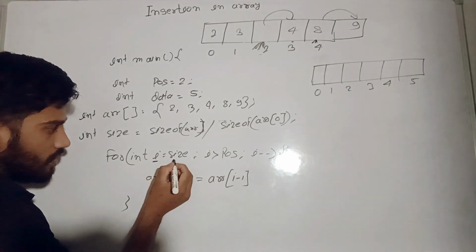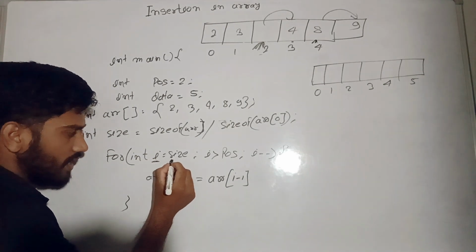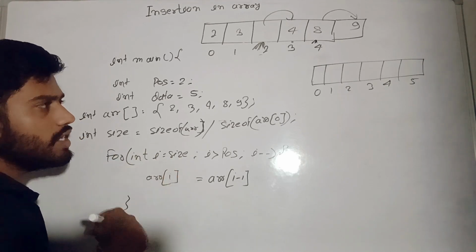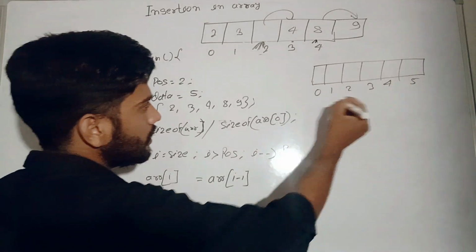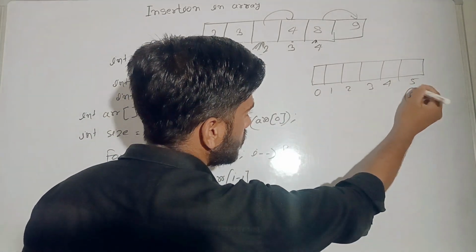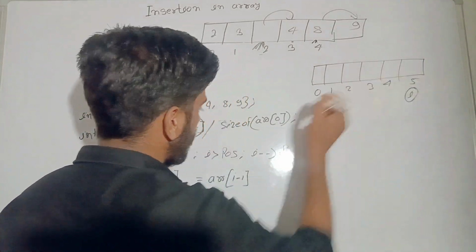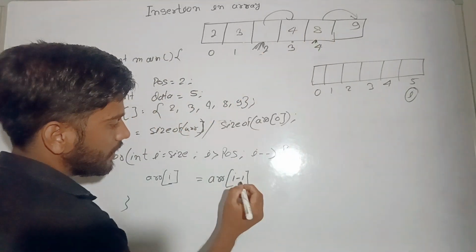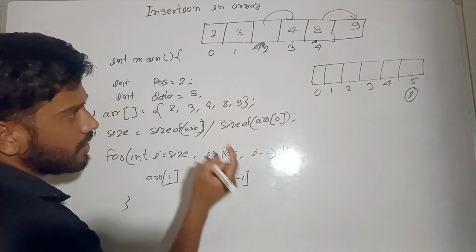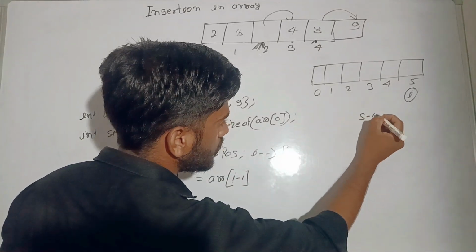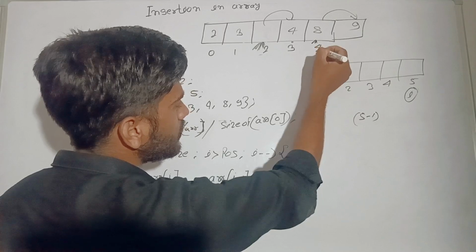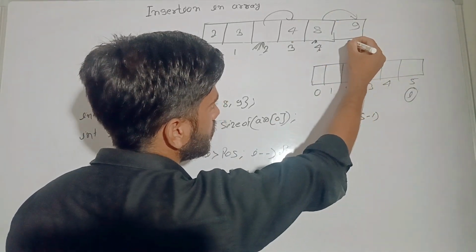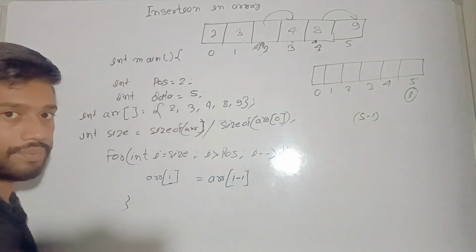I is at the position of size, means now we have to assume that I has been here, right? And we have to insert the data at the minus of, means I 5 minus 1 4, at the 4 which data is present in the 4, we have to shift at the position of 5. We have to shift at the position of 5. Okay,